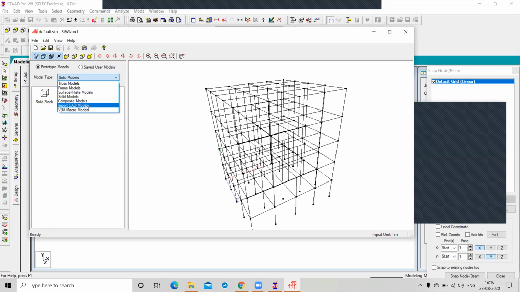On that occasion, you have to convert your AutoCAD plan into a single line diagram with the center of walls, right? So after that you can insert it, but make sure the unit is the same, meter or feet, whichever you want. But is there any big problem?